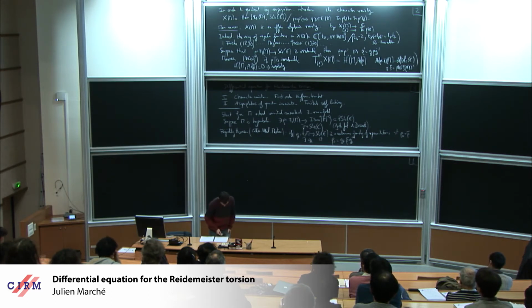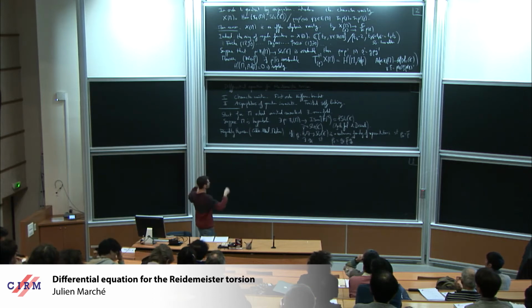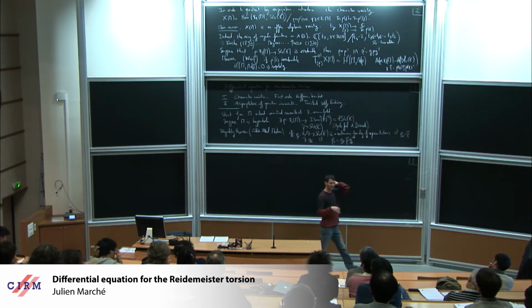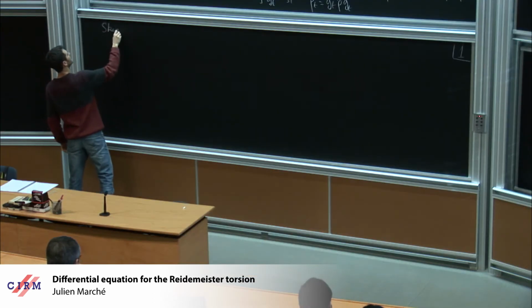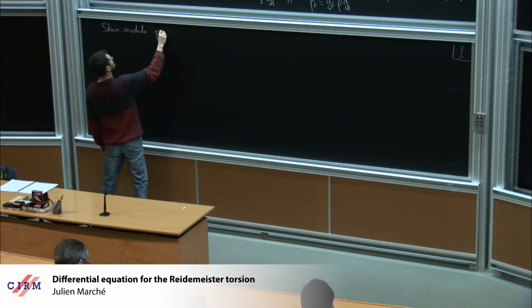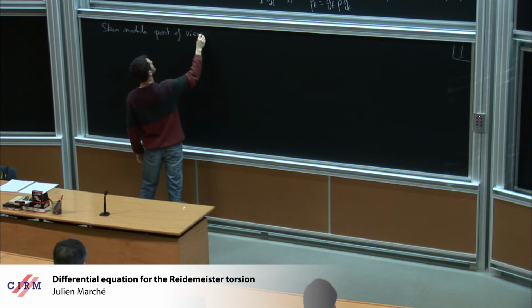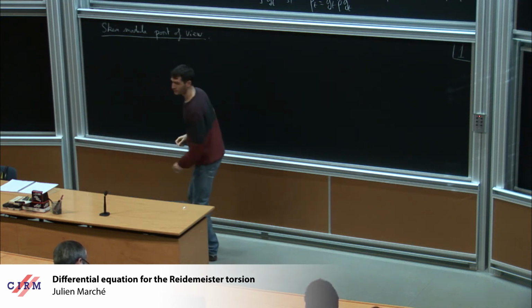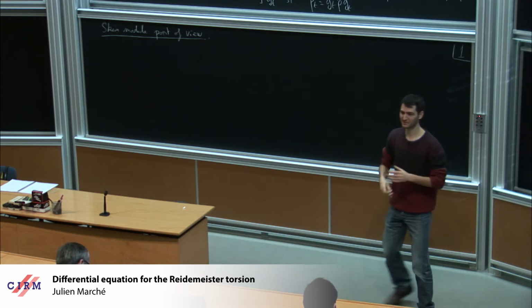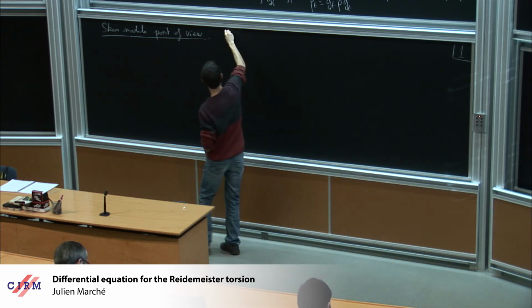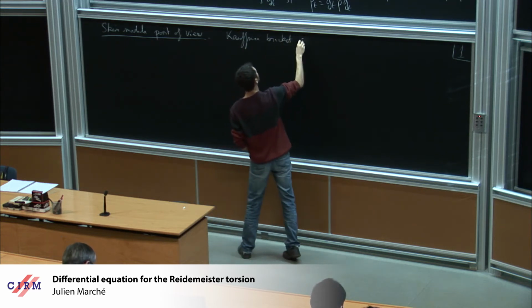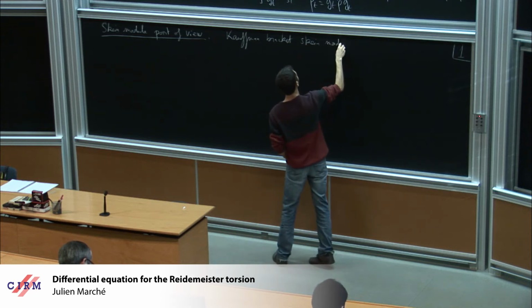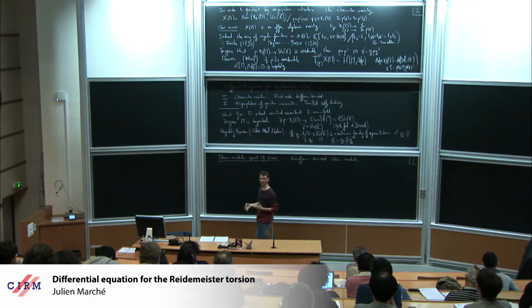So let me try to explain the same story, or maybe quicker, using the point of view of the skein module. What is the skein module point of view here? I hope that you already heard about it, because it's this Kauffman bracket skein module. There is a purely topological point of view for defining this character variety, and this is the Kauffman module. So let me recall how it is defined.